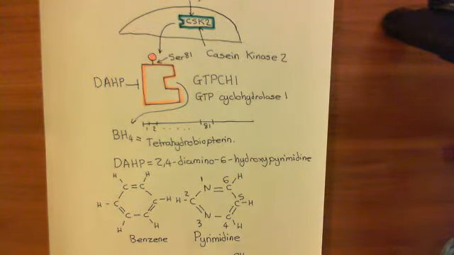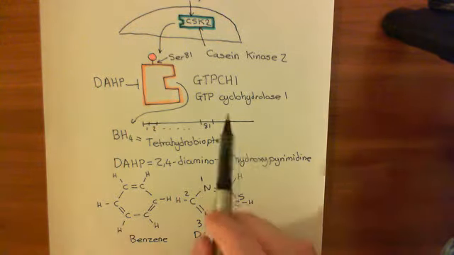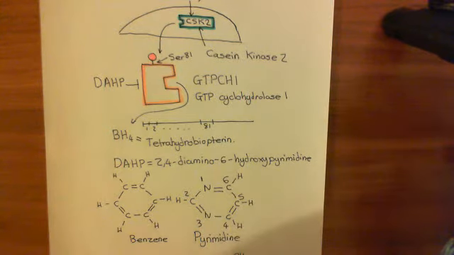Similarly, PECAM1, the platelet endothelial cell adhesion molecule 1, is going to be activated. It's going to have its tyrosine residues phosphorylated, and that will then lead to the phosphorylation of eNOS, which will activate it. So eNOS is going to be working really, really hard to try and make nitric oxide, but if we don't now produce any more tetrahydrobiopterin, because we've inhibited this GTP cyclohydrolase 1 enzyme with our DAHP drug, then what's going to happen? The eNOS won't have its cofactor, and if it doesn't have its cofactor, it can't make nitric oxide. It tries its best to do it, but instead, what happens?